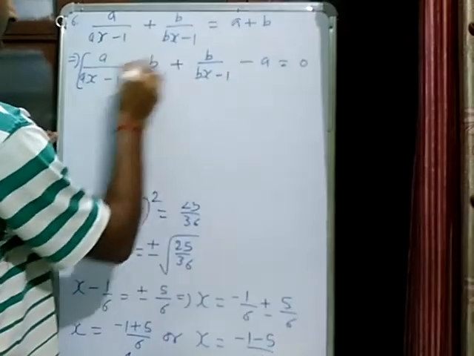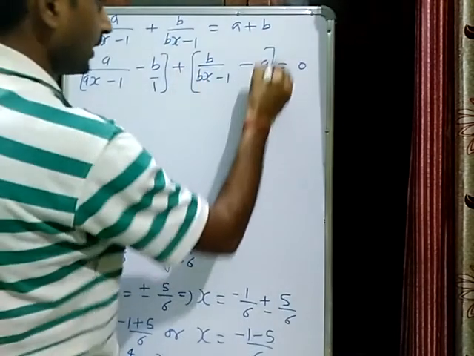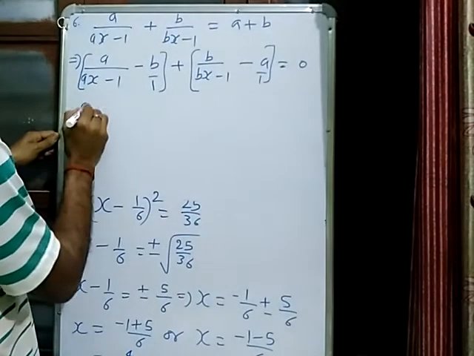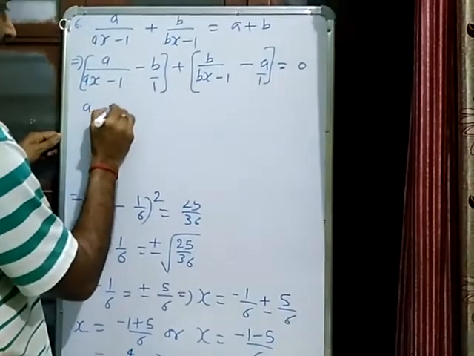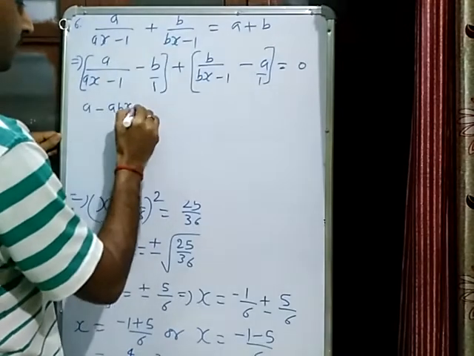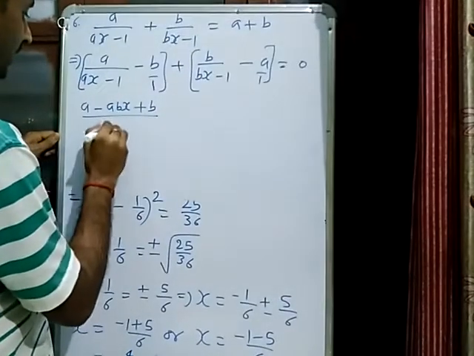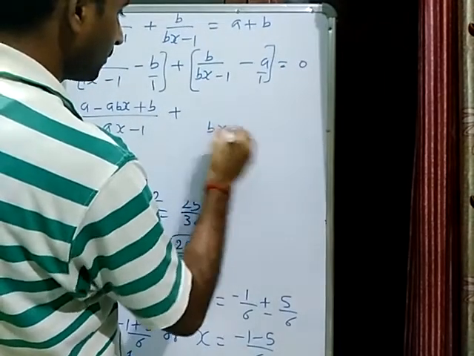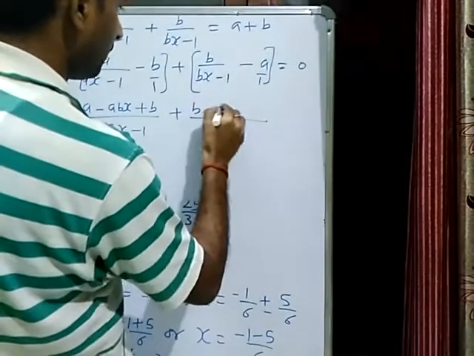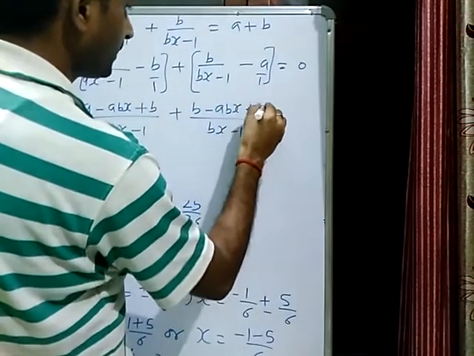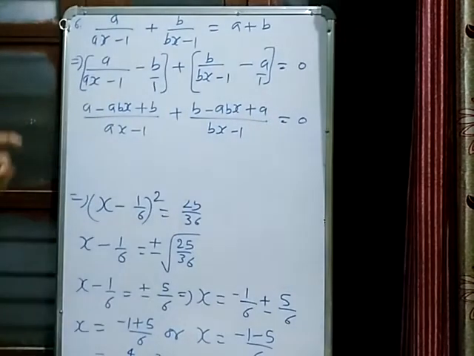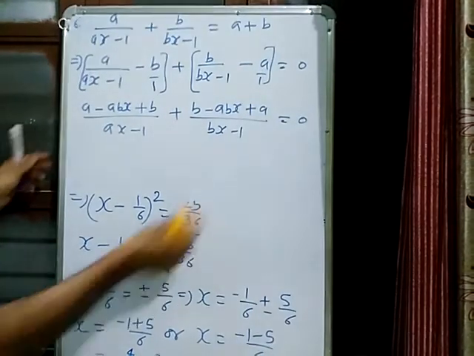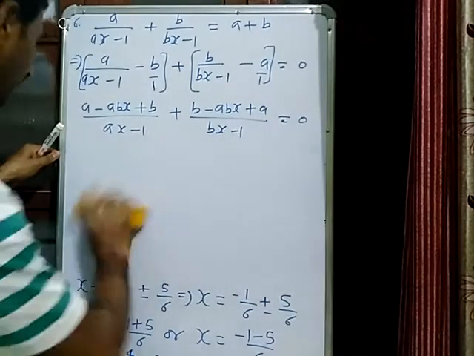Here we make a bracket, take the LCM here, and take the next LCM here. So what is the LCM? ax minus 1. This cross multiplies, a minus, look, this cross, what we find is a bx minus 1 minus b, plus b upon ax minus 1 plus, again take the LCM. What is the LCM here? bx minus 1. This gives b minus, look, multiplied gives a bx plus a is equal to 0. Look, both have the same denominator, meaning it can be taken common. What can be taken common? a plus b minus abx can be taken common.